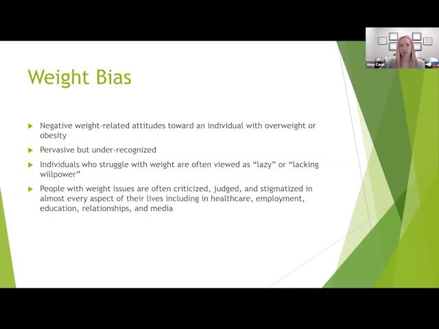In relationships, people are judged by their parents, their own kids, their significant others, friends, co-workers. In education, there's bias related with the teachers, and there's been one study that shows that kids who have obesity have the same quality of life as those with cancer. And even in work, people are stigmatized by weight, as they are less likely to get promoted or get raises compared to a person with a normal weight.